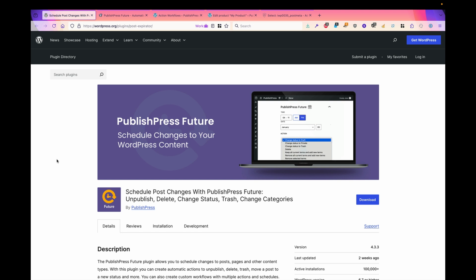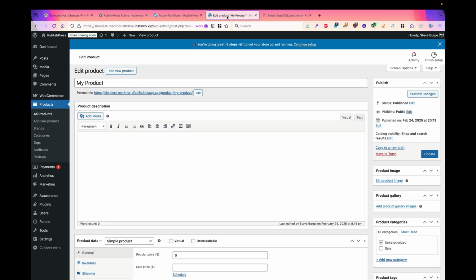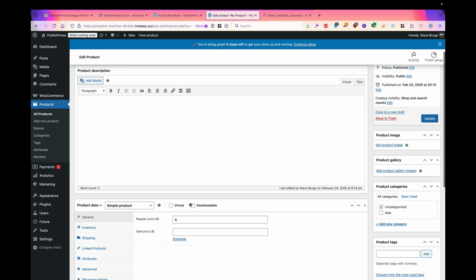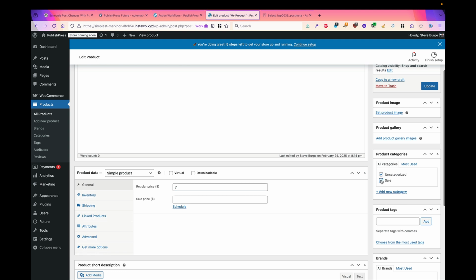This allows you to make automatic changes to your content, and a couple of our customers wanted to make changes to their WooCommerce content. If something changed with WooCommerce, they wanted then to have a reaction. For example, if a price changed, they wanted to add a new category to that particular product. So, if you have an example of a product here, perhaps you change the price and then an extra category